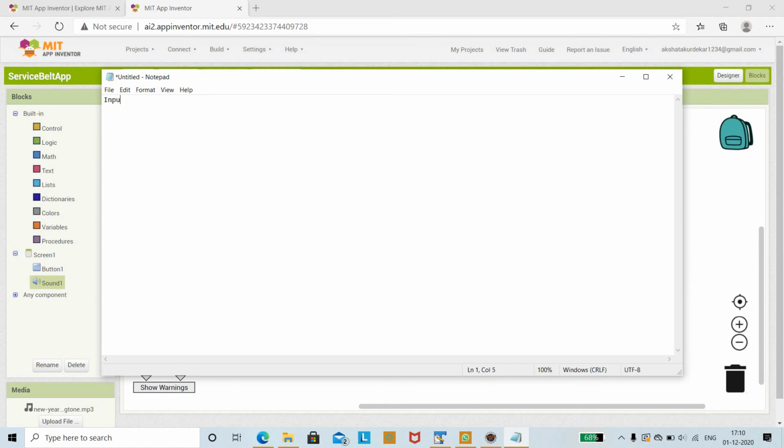Now we shall see. The first thing is input. It is just for our reference that we are writing it. The input is an event, a button click. So we are performing the action on the button, whenever the button is clicked. Next, initially we are going to set the count to 1. So initially count equal to 1.